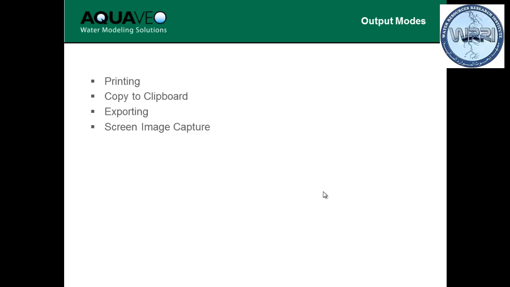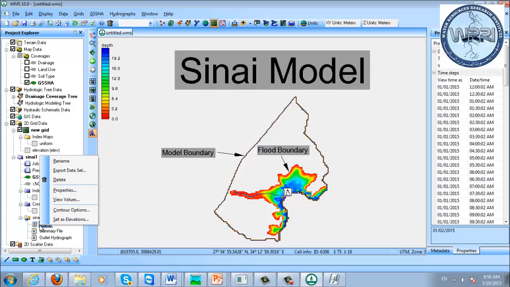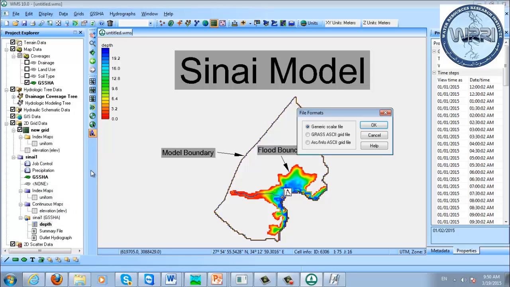You can print from WMS. To get your data out of WMS, you can print, you can copy to clipboard, you can export your data to different formats, and also you can do a screen capture. So with GSSHA models, for each of these data sets, like the depth, and for each time step, if I right-click on that data set, there's an option to export your data set